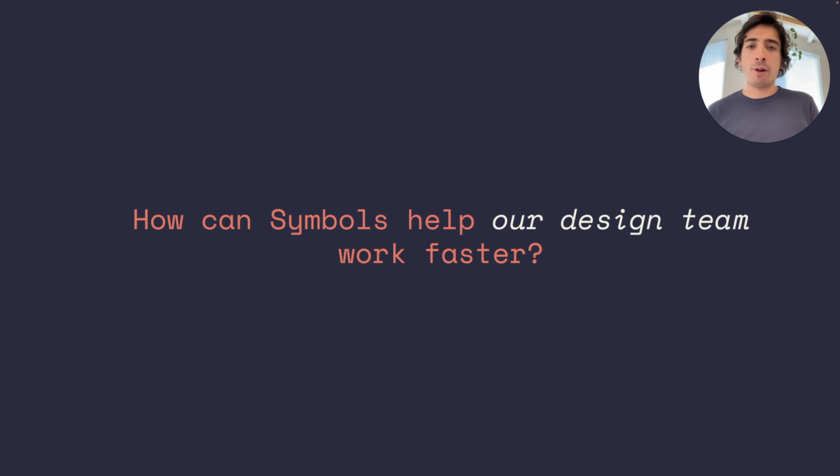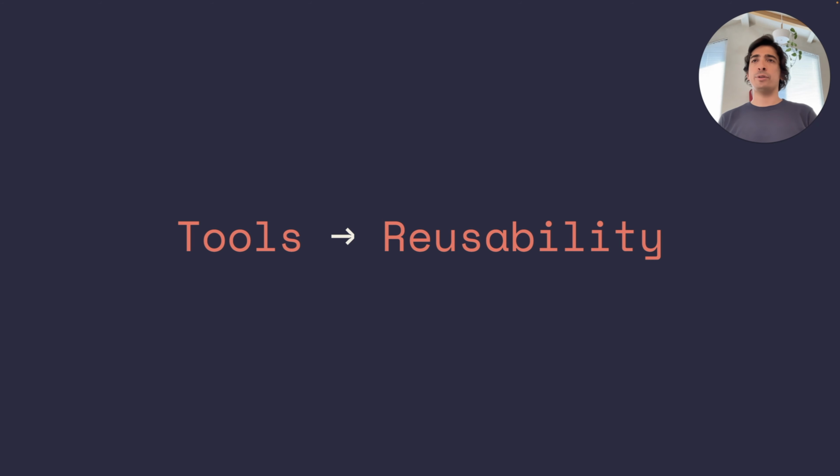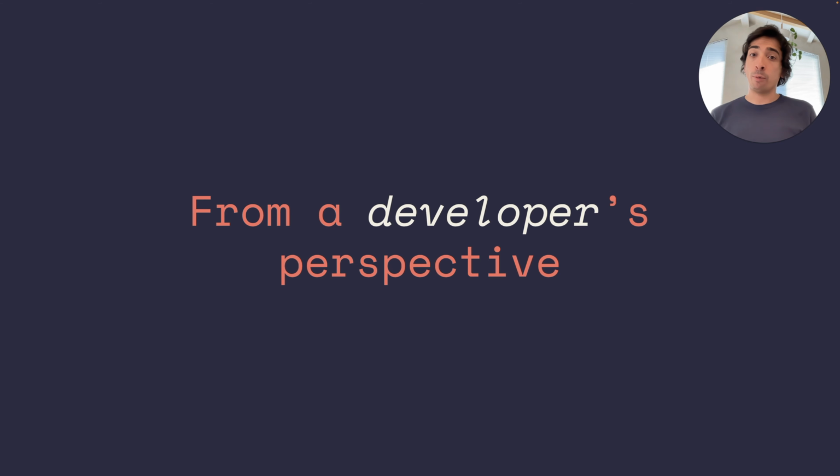And as the feature evolved, then they were questioning, like, hey, maybe this feature can help us work across the design team, sharing symbols across multiple designers. And today it was kind of a stepping stone to design systems. So this is a great example of how tools influence the way we work. All of these tools that we talked about really played a critical role in bringing the idea of reusability to the forefront for designers. Now, we're going to take a look at the same time frame, but from a developer's perspective.